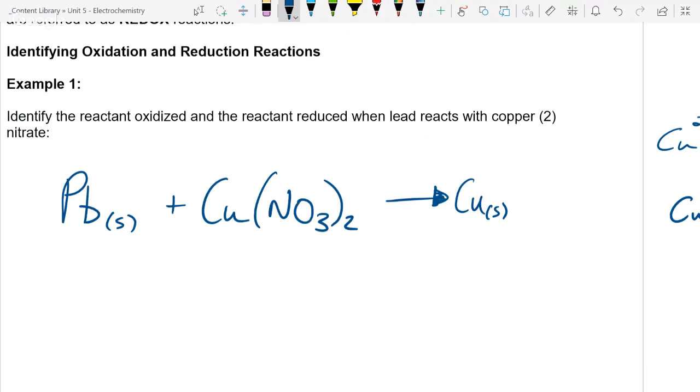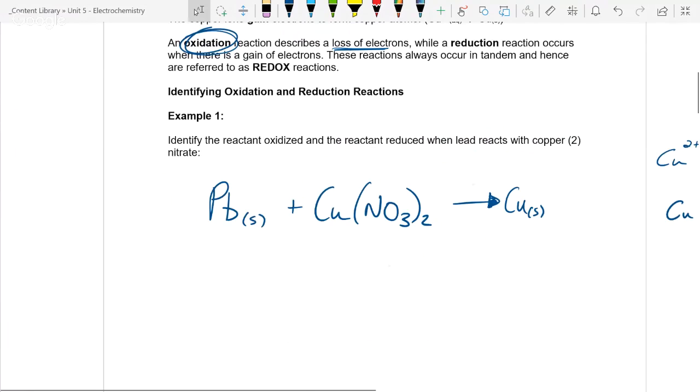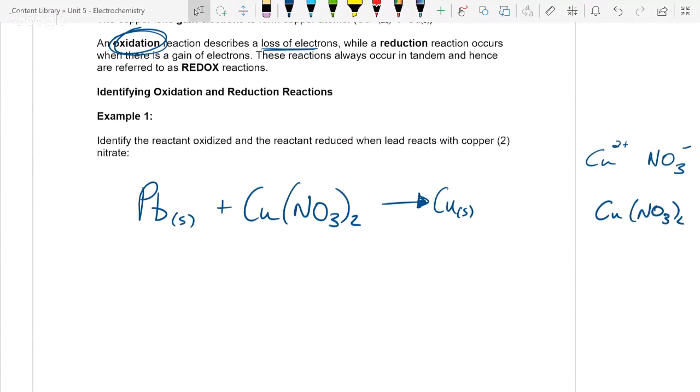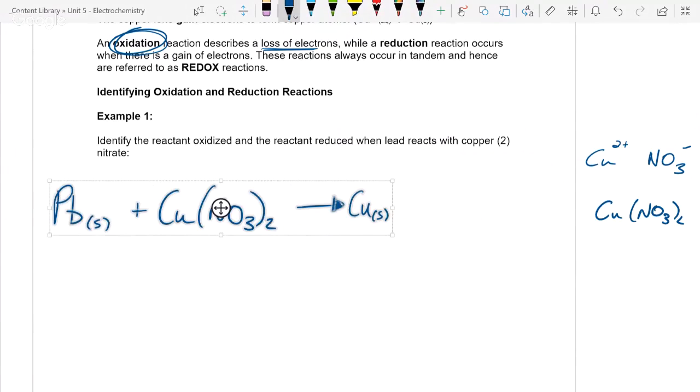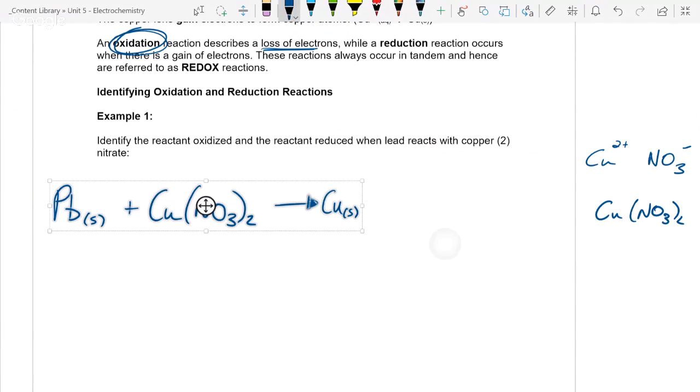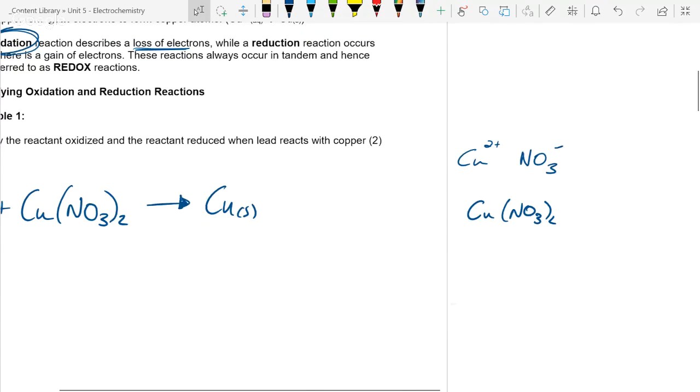And, man, so if you're like me and you wrote this way too far to one side, what you should do is highlight it, and slide it over, and maybe even shrink it a little tiny bit, just like that. That's better, right? Okay. Now we have solid copper by itself, and we'll have to do another little side note,